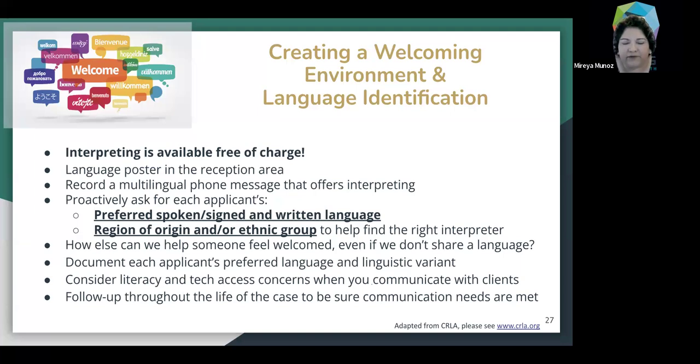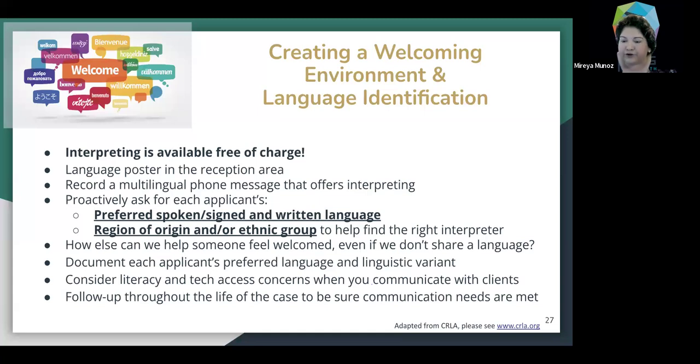I know we live in a high-tech society now. What are the tech concerns for our communities, for the clients or patients that we're serving? What do we need to consider in that regard as well? And also making sure that we're following